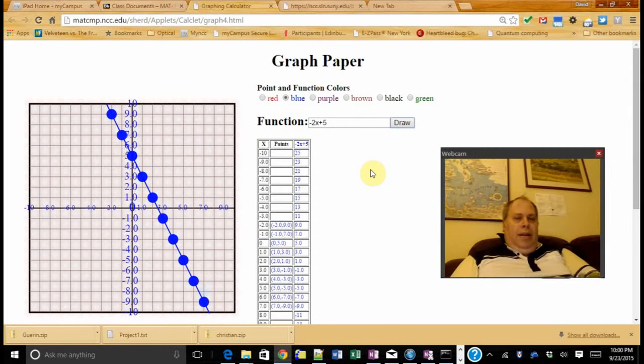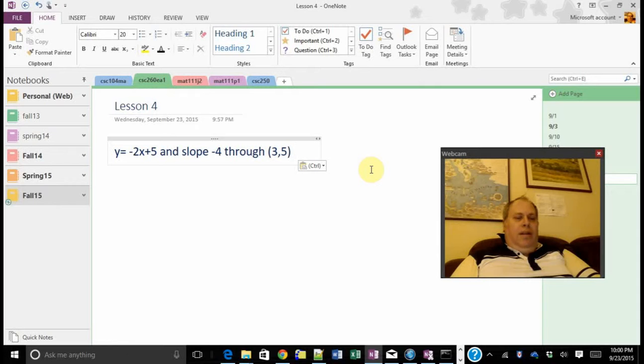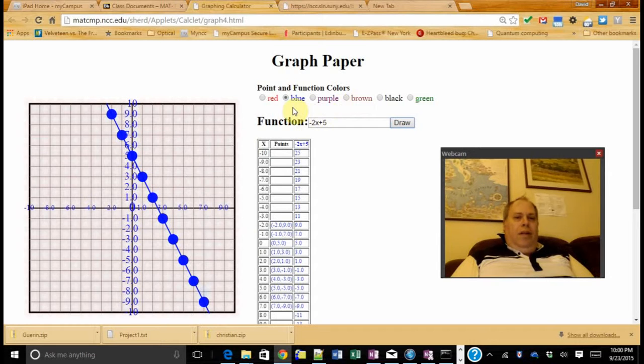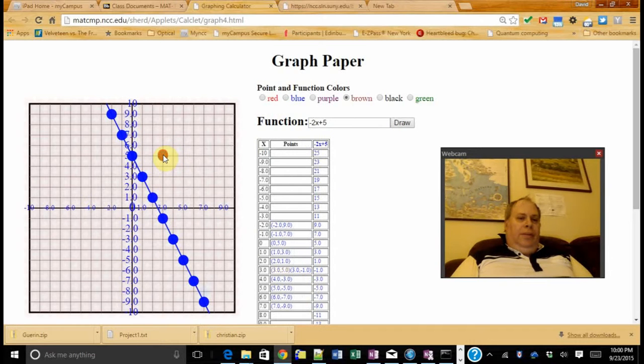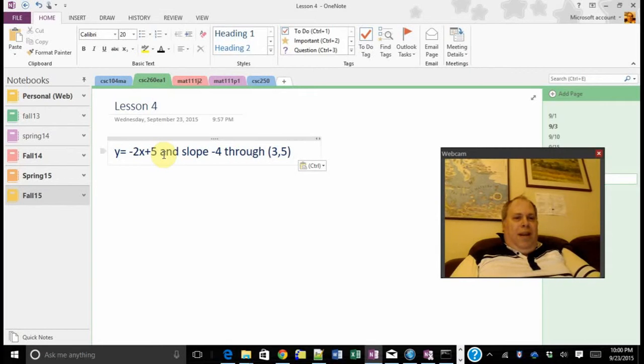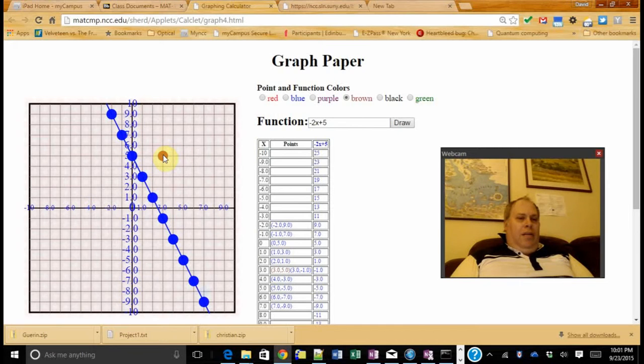Now the other one is slope negative 4 through 3 comma 5. So I'm going to use brown for this color, and I start with the point mentioned, 3 comma 5, right here. So that gives me another point. Its slope, what was the slope again? Slope negative 4. Okay, so if I go left 1, I'd go up 4